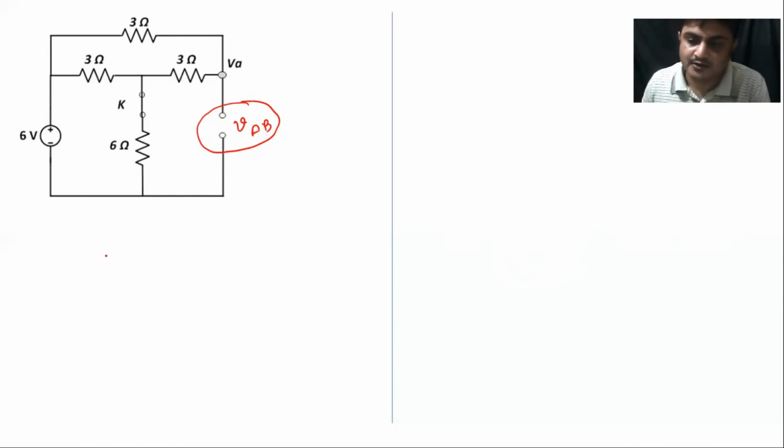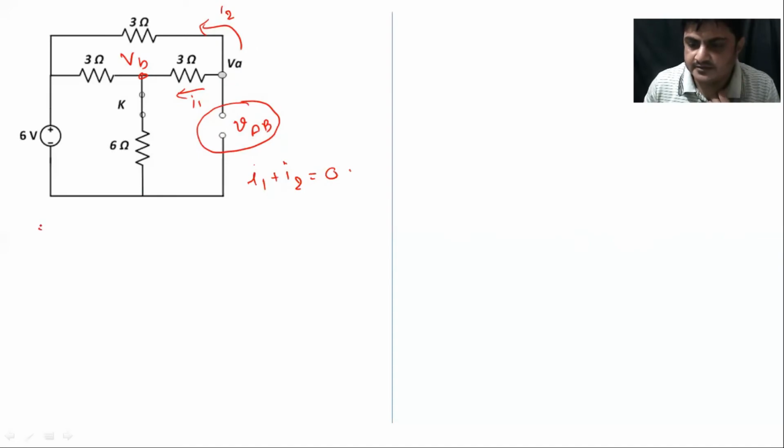Okay, so let me calculate VA. Now let us assume this node has some voltage, let us say VB. Some current is flowing through this branch, let me say I1. Some current is flowing through this branch, let us say I2. What is the current that can flow through this branch? I3. Okay, that is 0 because it is ultimately an open circuit. So I can say that for this particular case, I1 plus I2 is equal to 0.